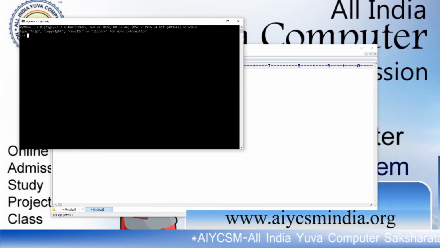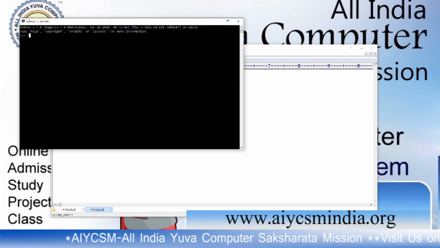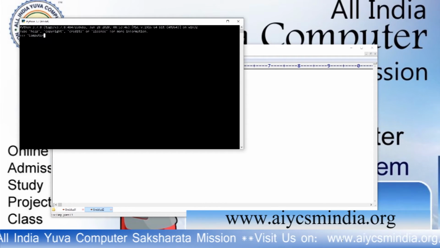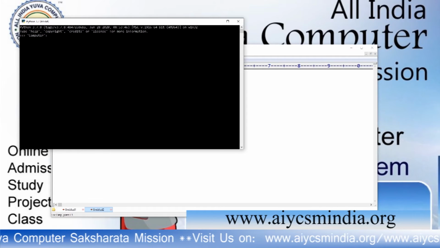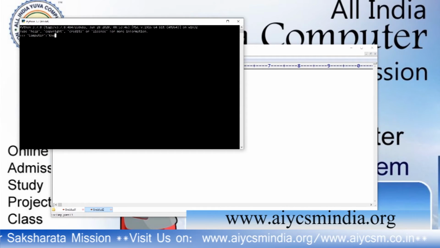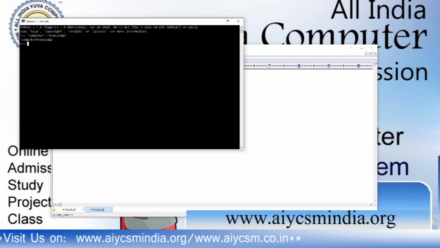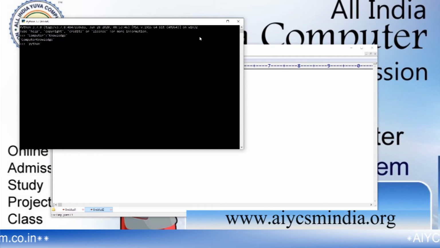If I print computer plus knowledge and press enter, it concatenates two strings into a single string. Now Python into 3, a repetition operator, will print Python 3 times.